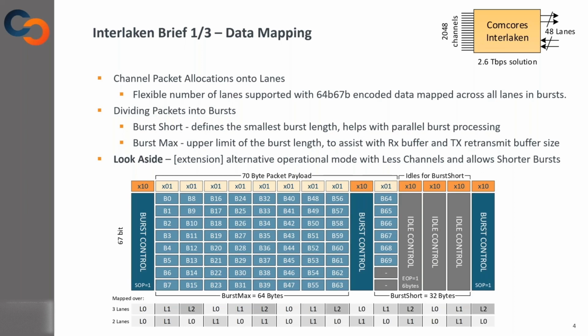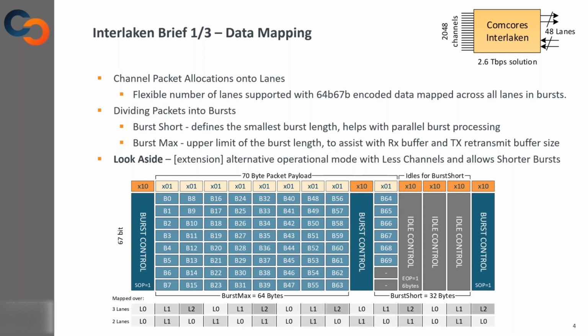I just want to mention also this Interlaken Look-Aside that I mentioned before. It is an alternative operation mode that has fewer channels and allows for shorter bursts. Because in general, in the basic Interlaken, the shortest burst is 32 bytes. But if you want to have shorter bursts, you can use this Look-Aside mode. Right? And then in this drawing, we have